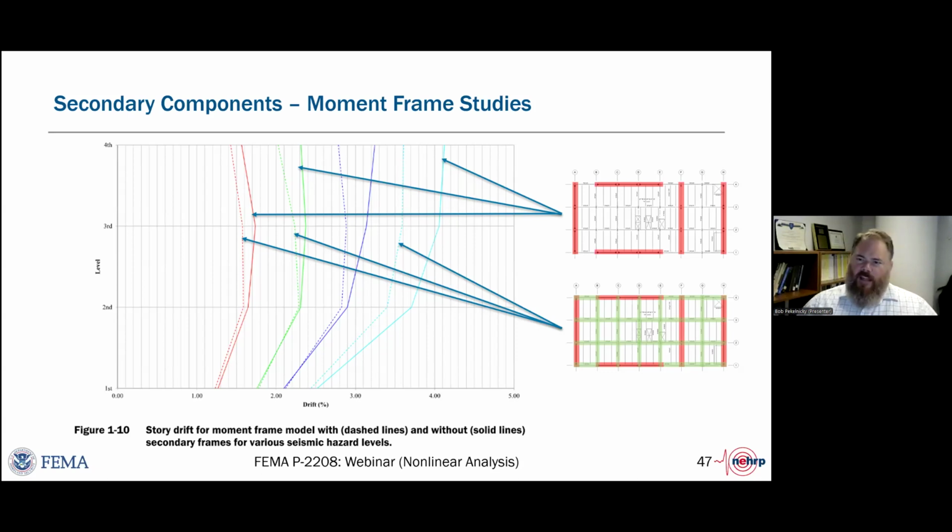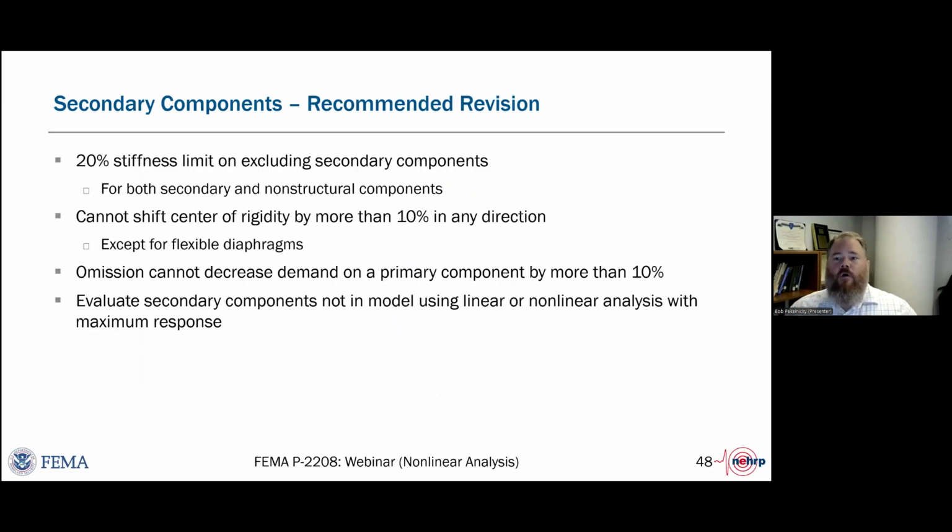But that's not to say that if you did a deformation compatibility assessment of the secondary frames outside of the model, using the drift that you got from your nonlinear analyses, that wouldn't be okay for determining whether or not there were concerns with deformation compatibility failures of the gravity load supporting system. And so there was a desire to move toward saying you don't necessarily have to model all of these things, and we would recommend modeling them when they matter. That's not to say you can't always model everything, but we wanted to put some bounds around when you could do a model with just the primary components.